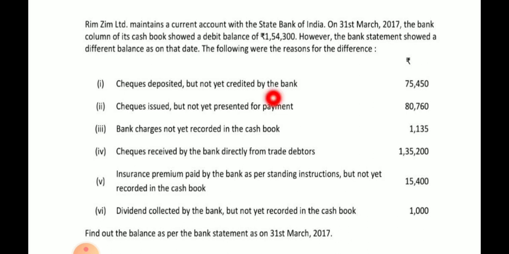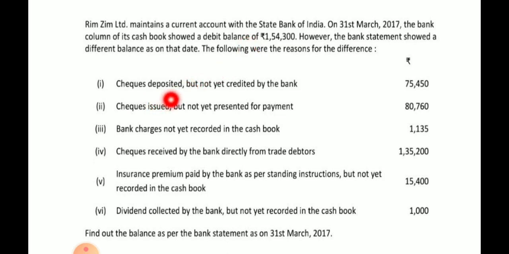First, you have to write this balance because this is a debit balance, and in the cash book, if it is a debit balance, it is a positive balance and is written in the plus column. But if it is a debit balance in the bank's books, it will be written in the minus column, as in the bank a credit balance is the positive balance.